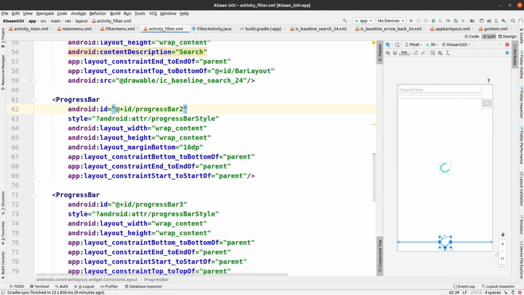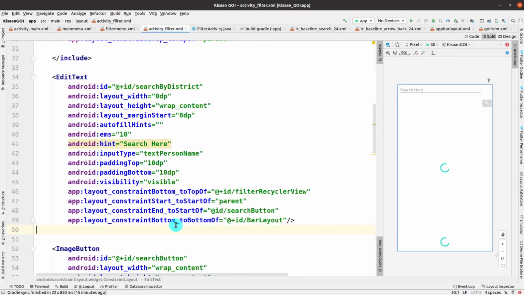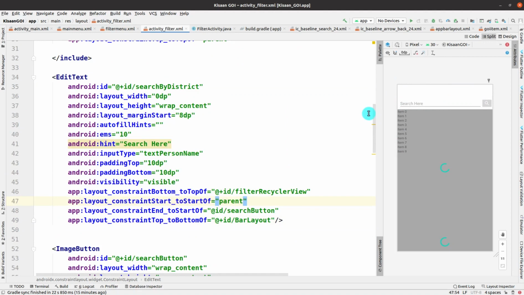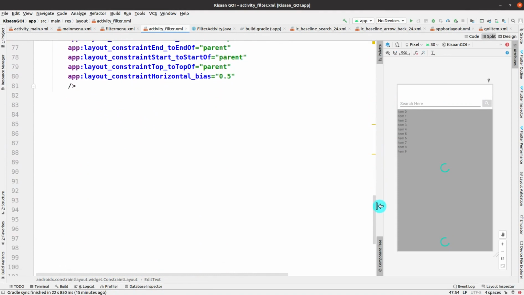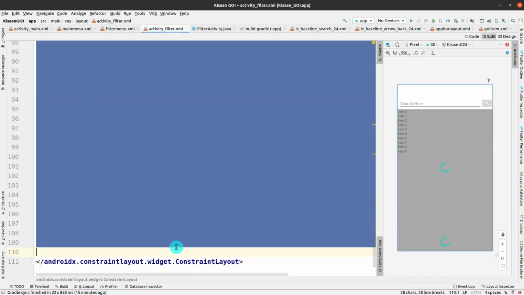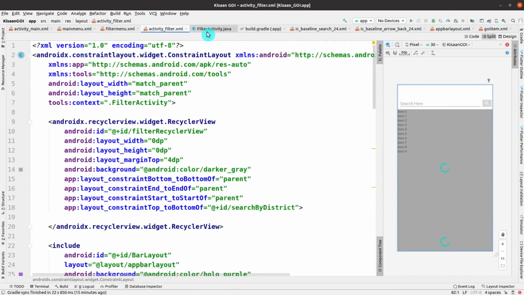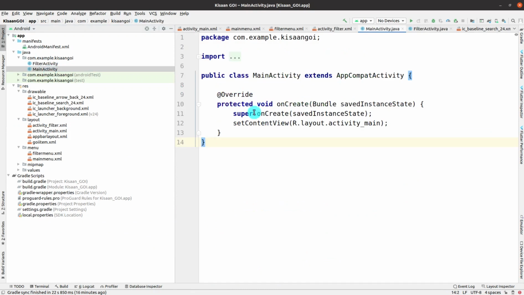We messed this up in the previous progress bar also. Let me scroll it down so that you can see this. Let me change this property to top, so that now you can see that everything is good. Just scrolling down. If you have messed up anywhere, then please pause the video and correct your code. Everything is good. Now I should move on to the Java coding part.